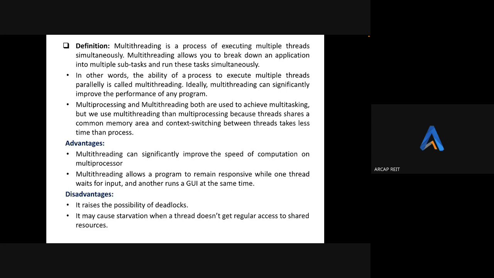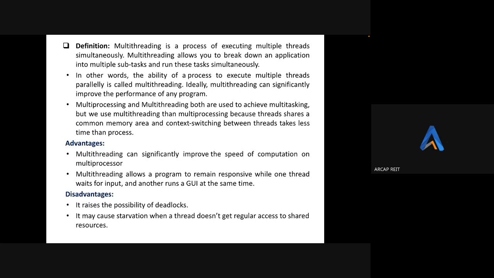Say two threads are there and a GUI is there. One thread may be waiting for the input, while parallelly the other thread may be giving the output, right? Like that, we can run using multi-threading. We can make the website responsive. Say two programs are there. One is waiting for the input. If we make the website blank until it completes, and only then make the other program respond to the end user,